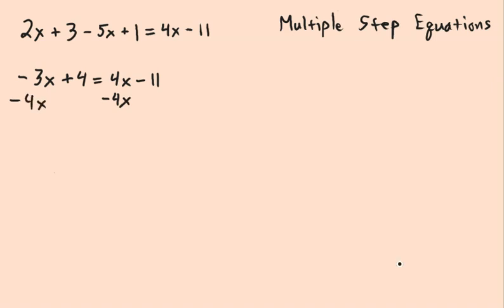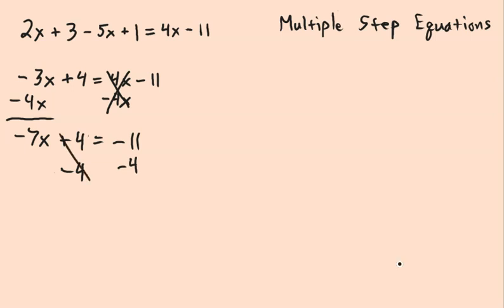And over on this side, well, I'm not subtracting, I'm adding the negative of 4x, okay, but it looks like subtraction. So when we add the negative of 4x, this becomes 0. Negative 3x plus negative 4x is negative 7x. Then we're going to carry down the plus 4, and we're going to carry down the minus 11. Now it's a two-step equation. We want to get rid of the addition first. We'll get rid of this plus 4 by adding a negative 4